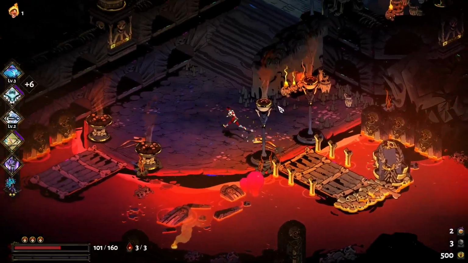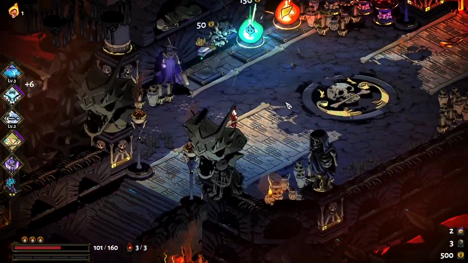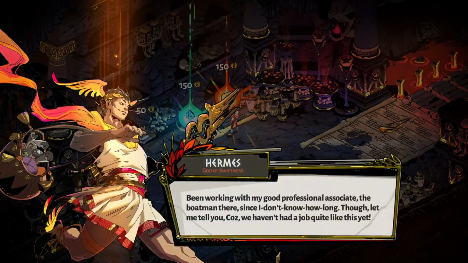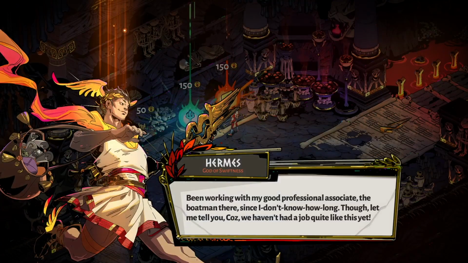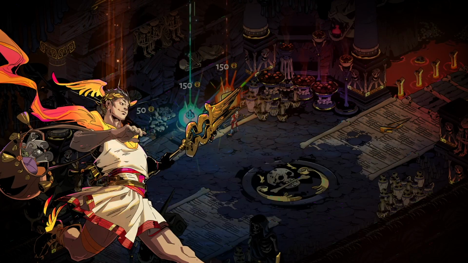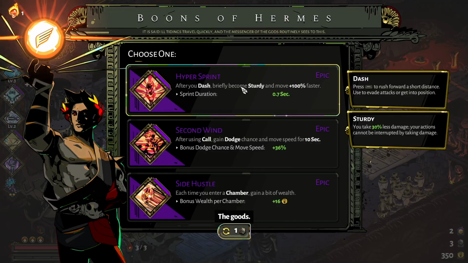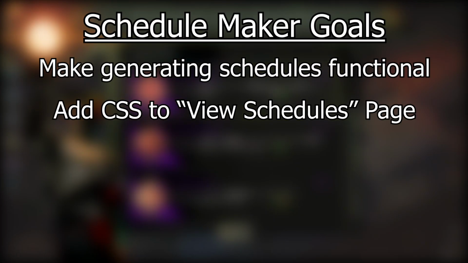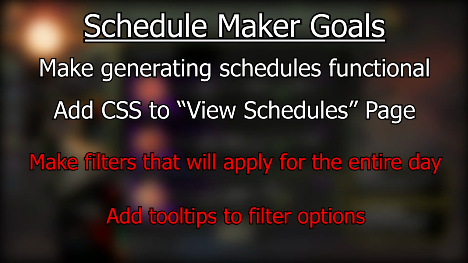My priority is the Mentor Schedule Maker. Although the KTANE bot is in more of a finished state, I would prefer to get the Mentor Schedule Maker done before mid-December. This is when the fall semester of my college ends, and I would like to have a discussion with the academic organization the site is for to incorporate it into their current site. This means I have 2 main tasks: fixing the bug where the filters cause the crash, and adding CSS for viewing generated schedules. I have some other goals I would like to get done, but I'll consider them stretch goals that I'll only start once I finish the first 2.